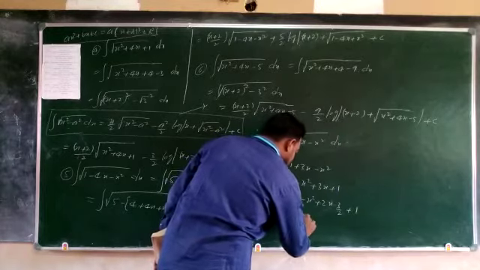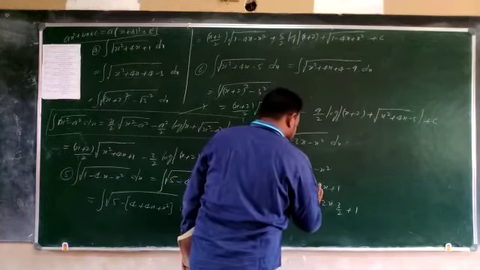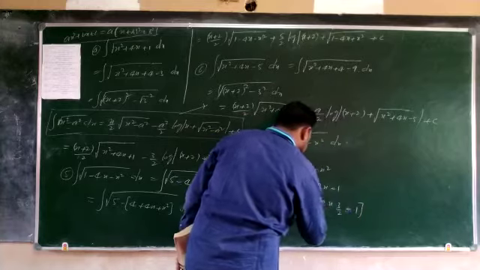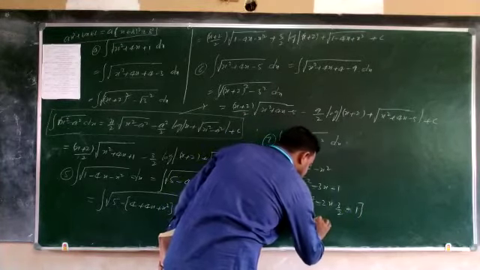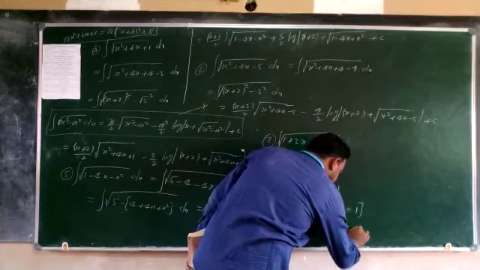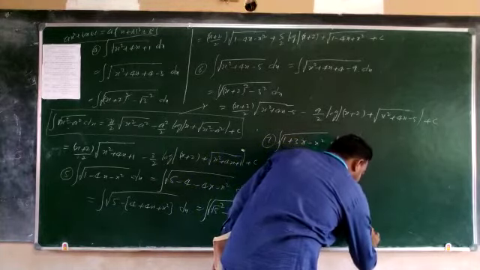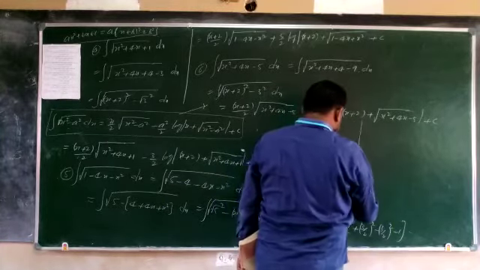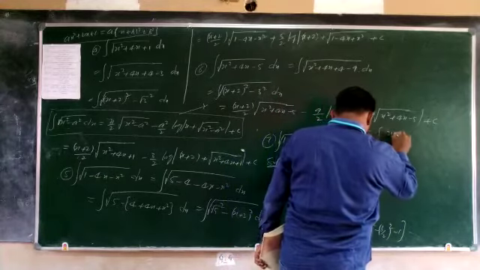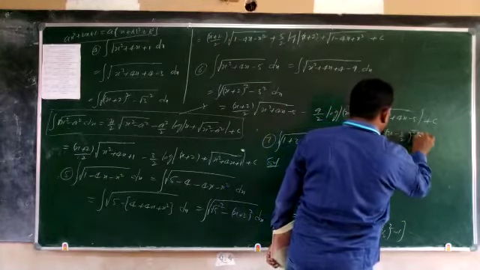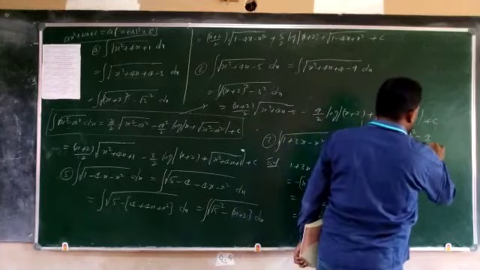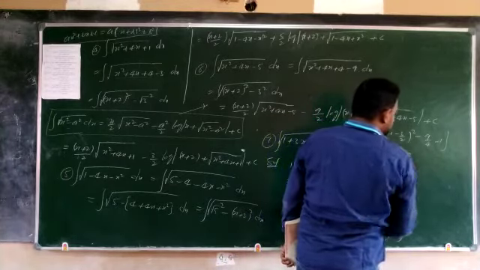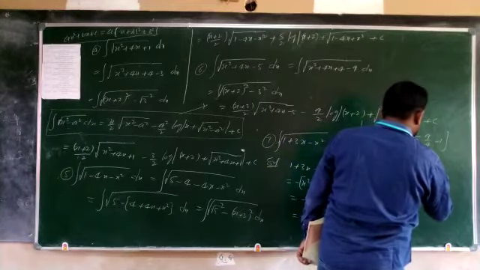Next, first you take minus common. So minus, here minus, here minus, here minus. Next to minus x square minus 2 into x into 3 by 2, 3 by 2 whole square adding and subtracting. And that is equals to minus of x minus 3 by 2 whole square minus 9 by 4 minus 1. This is equal to minus of x minus 3 by 2 whole square minus 13 by 4.